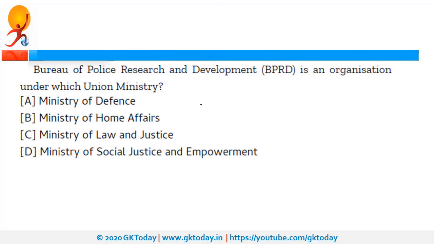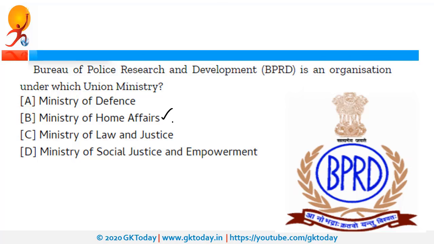BPRND is an organization under which union ministry? So this BPRND stands for Bureau of Police Research and Development, and it is under MHA. Now why this organization was in news, as recently it released a manual in the context of fake news to help investigators and police officers to identify fake news. Now this BPRND was established under MHA in 1970, and this is a think tank which was formed for the